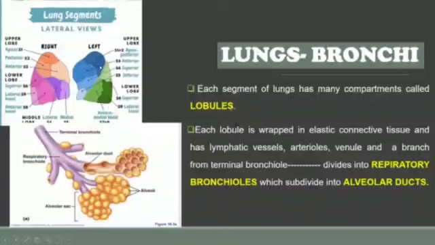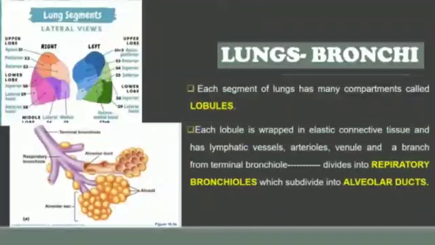Inside the lobule, you will receive your alveolar duct, your lymphatic vessel, your blood vessels, your arteriole, venule, everything enters deep into the lobules. Once it enters, the terminal bronchiole divides into respiratory bronchioles. The respiratory bronchiole will be divided into alveolar ducts, which open into the alveoli. So this much is present when you look microscopically into the lung.